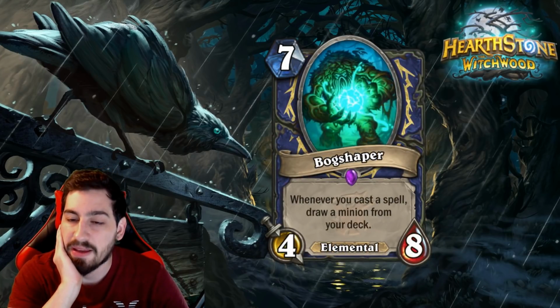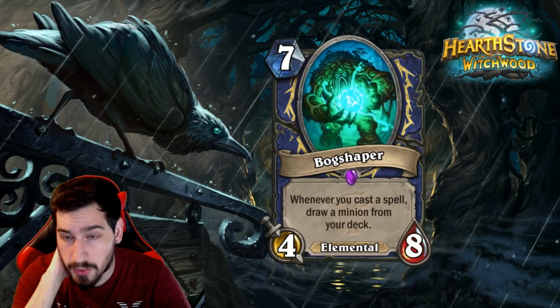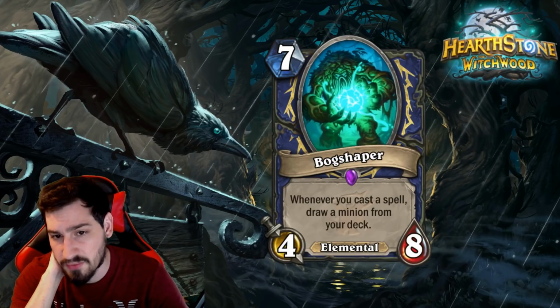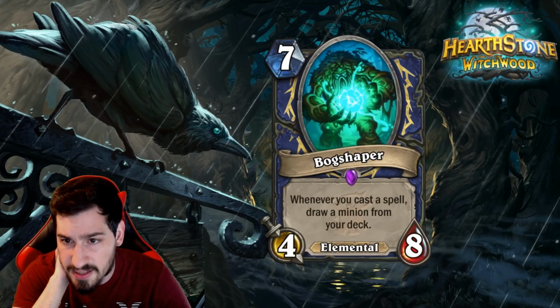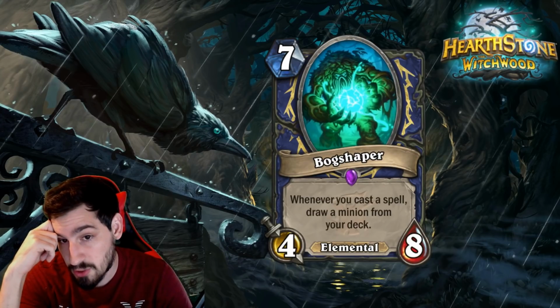Next card, Shammai, Epic Bog Shaper. Really cool picture. 7 mana, 4/8 elemental. All right, so high health, I wouldn't say very low attack, but fairly low attack. Whenever you cast a spell, draw a minion from your deck. Okay, so as we know, Shaman really doesn't have a ton of draw, and I think this is where this